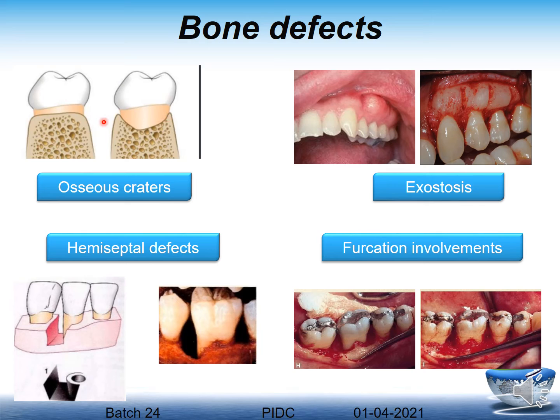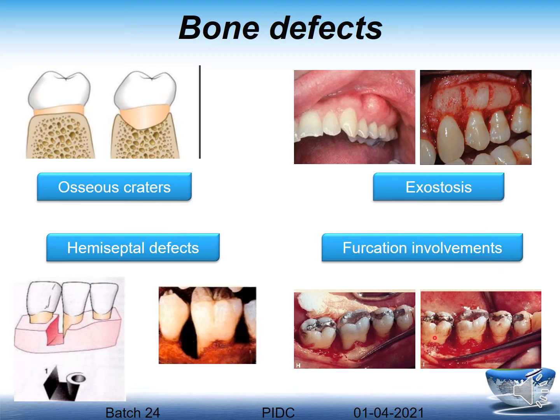So I can go on with certain osseous recontouring so that I get a normal architecture. Or you can go on with exostosis cases. So here I have a bone which has been pushed outside by means of exostosis. Here I can go in for vertical grooving followed by your resective osseous procedures, or if there is a one wall defect like this, I can go in for contouring this area, thereby giving the patient a good form to control the plaque by himself.